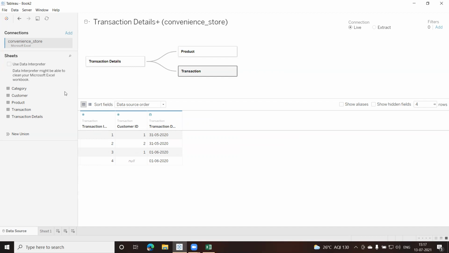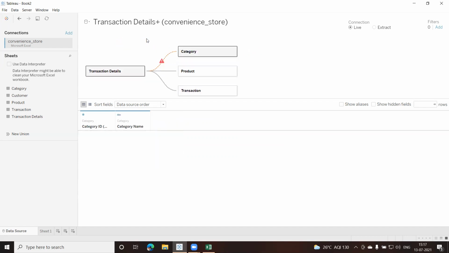If I have to drag this category, either I can establish the connection here, or I might go here, it will get established here. I can come here, it will get established here. There's some connectivity getting established. Let us try here, and I leave it.